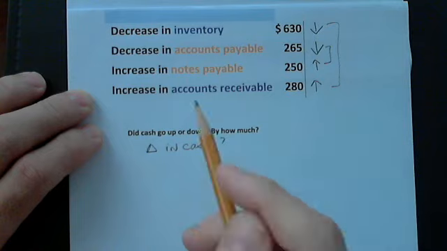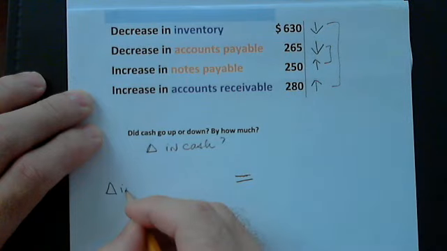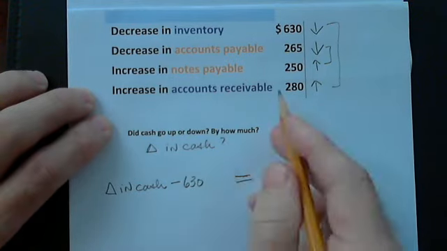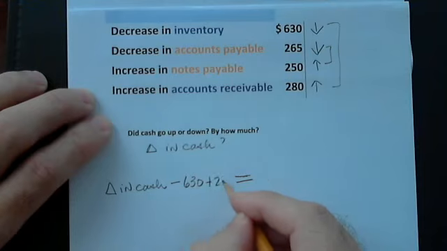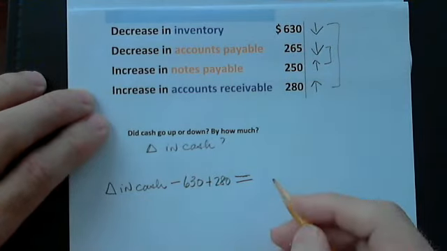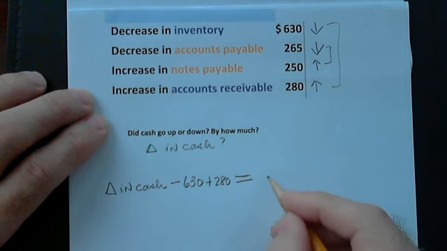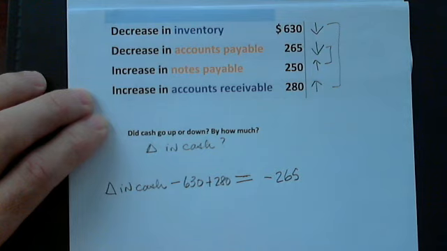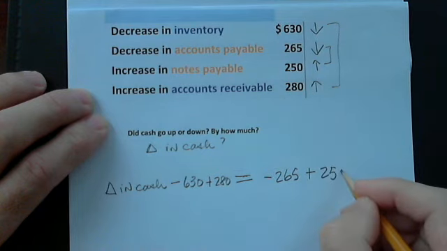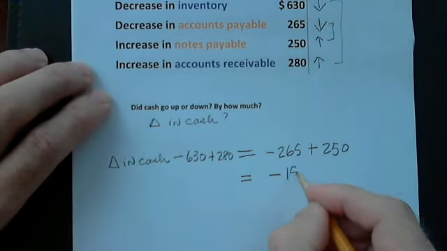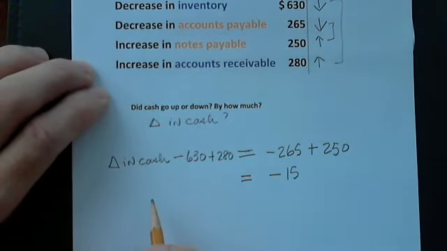What we'll do here, let's just add this variable here, change in cash, minus the decrease in inventory plus the increase in accounts receivable. That's the change in the assets. The change in the liabilities is we had a decrease of $265 in accounts payable and an increase of $250 in notes payable. So on the right hand side we have minus $15,